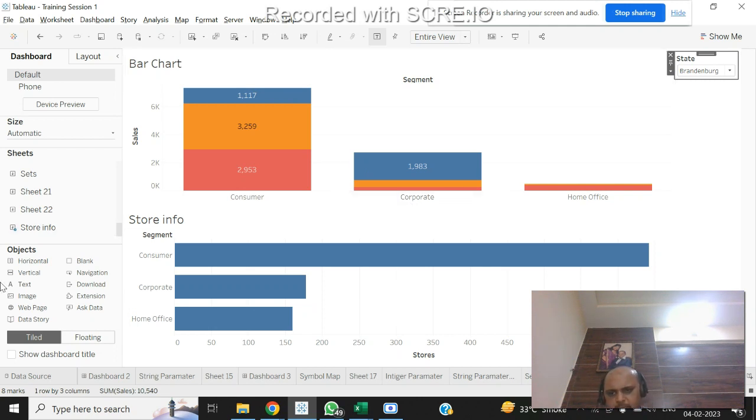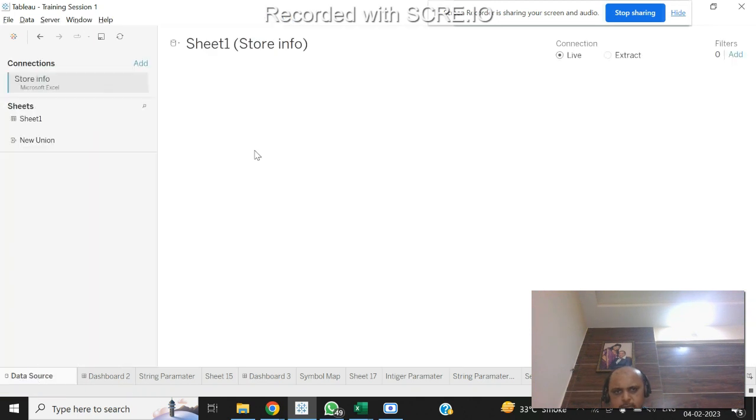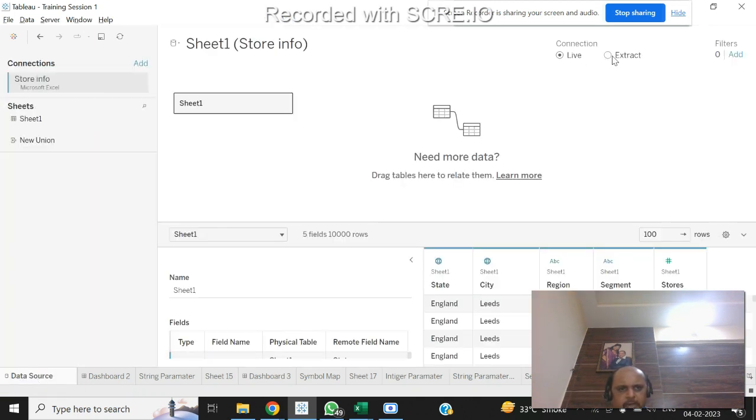Okay, the last thing I wanted to show was that there are two types of connection available: one is live connection and one is extract connection. When you save the dashboard, if you keep the connection as live, it is directly connected with your data source, which in our case is Excel. But when you create an extract,